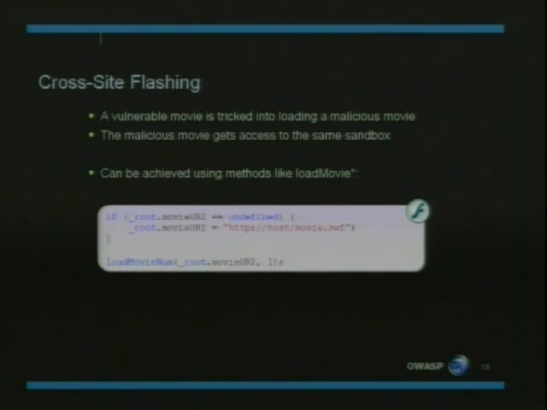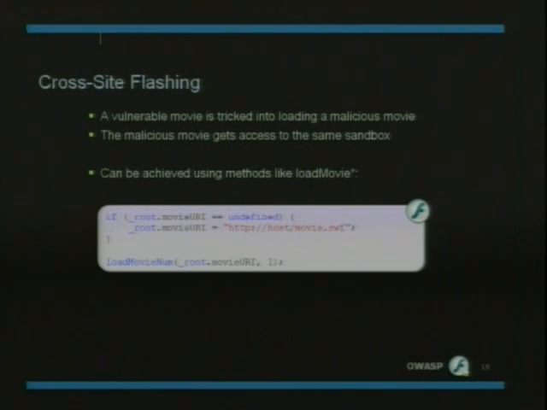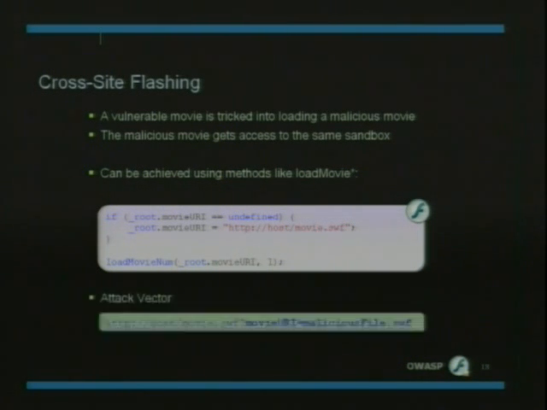vulnerable to cross-site flashing. And as you can see, the movie URI global variable is actually used inside a native Flash method, which uploads a Flash file and embeds it inside the browser. Sorry. So what will happen if the user or an attacker sends you a link to